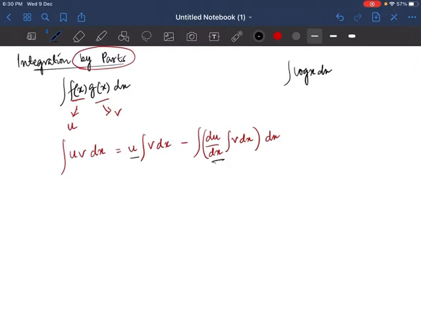Just like differentiation of x square is 2x, differentiation of sin x is cos x, so I can say integration of cos x is sin x. We directly learned a formula, but we haven't learned a formula in which we say that integration of log x is that. So for finding integration of log x, we have to use integration by parts, and I will be taking log x as u. Why? Because integration is not possible, and in integration by parts, the u function is never integrated, it is differentiated.